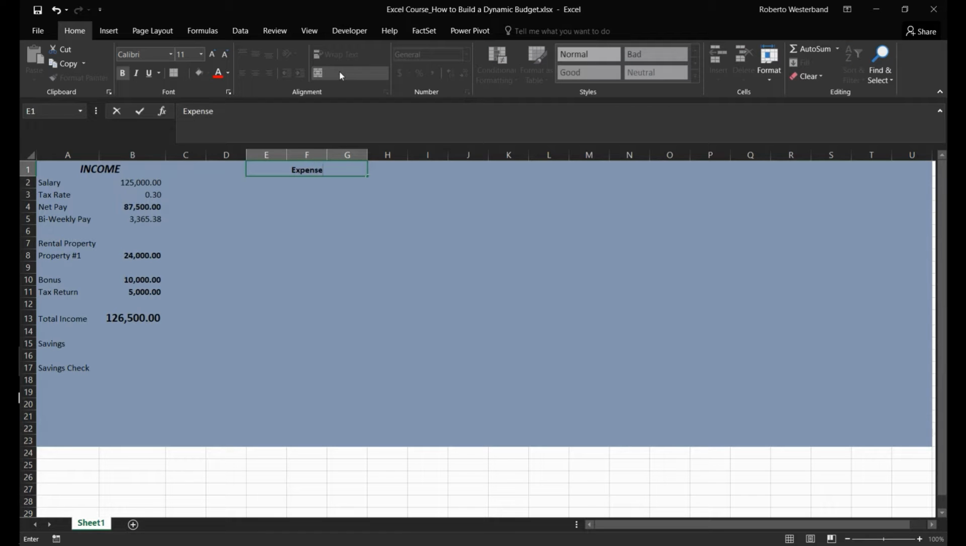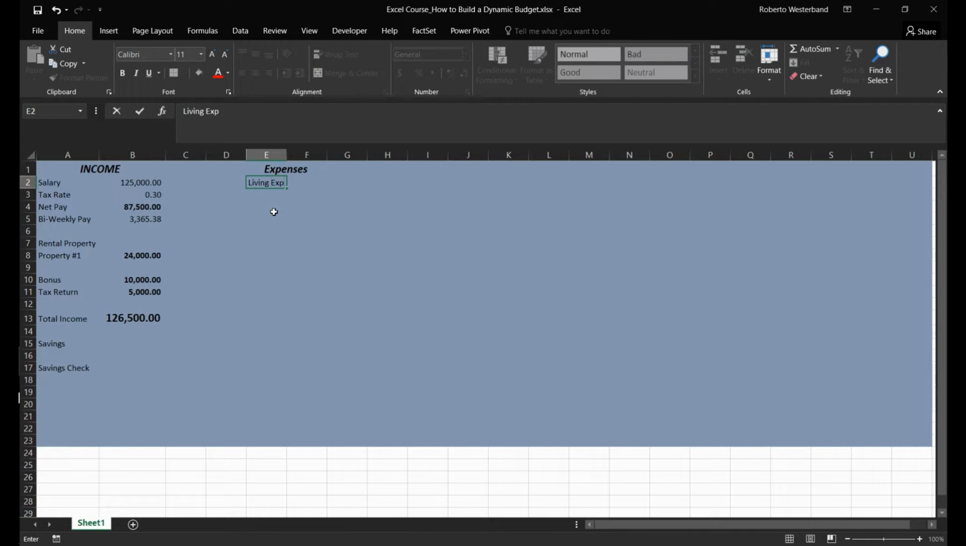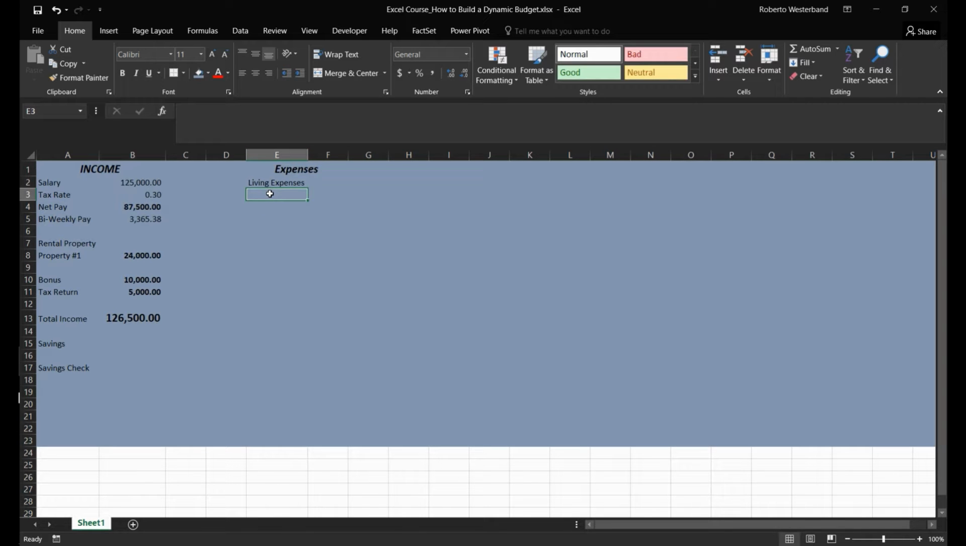So from E1 to G1, we're going to merge the cells, and we're going to label this expenses. I'm going to use my format painter to format my expenses. And now I'm going to basically start figuring out all the different types of expenses that we can have. So what we're going to do is we're going to say that we have living expenses, we have credit cards,